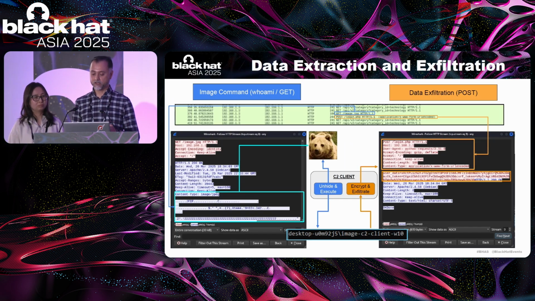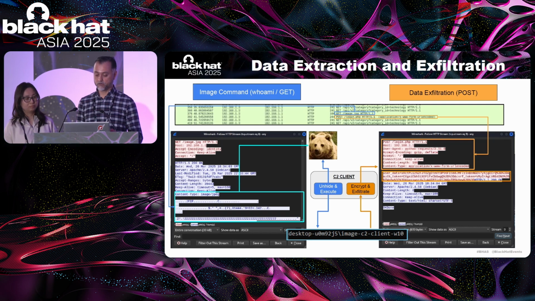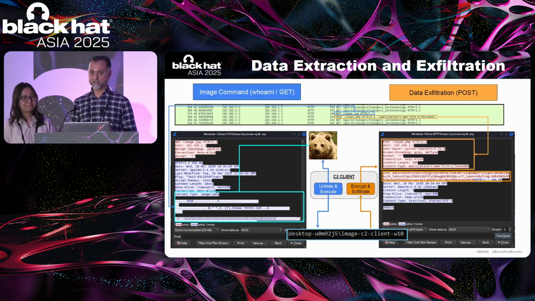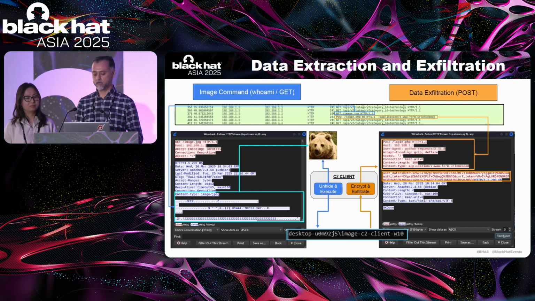And then the data extraction and exfiltration is a way that you can illustrate the traffic which is going on. The very first request in blue is just the request of the image file. As you can expect, this is just a flat image, there's nothing else. The C2 client will retrieve this image, extract the hidden secret, and execute the command. As you can see, this is the result of the whoami command. And then after that, it encrypts the data and proceeds with the exfiltration of it to the C2 server eventually.